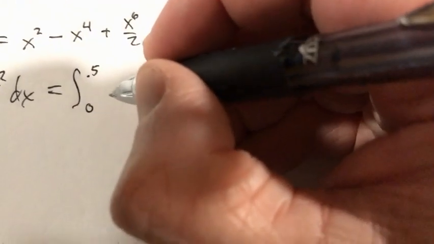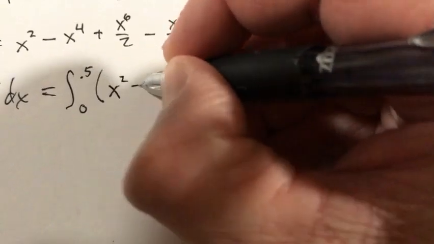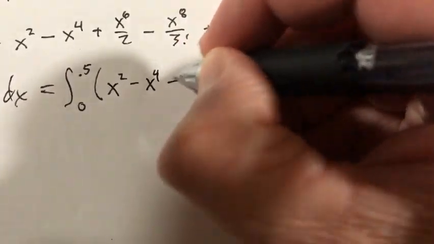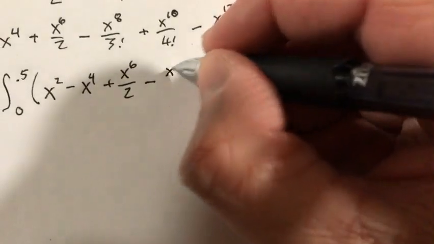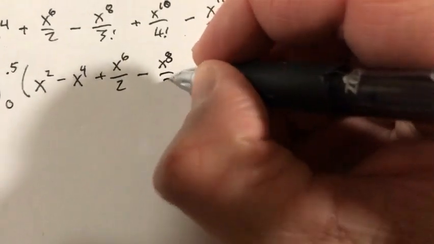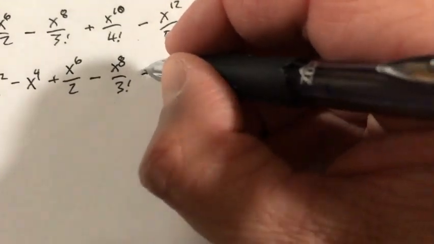It's going to be the integral from 0 to 0.5 of the stuff that we found, x squared minus x to the fourth plus x to the sixth over 2. And I'm not sure how many terms of this it's going to take, but based on the experience that I have with problems like this,